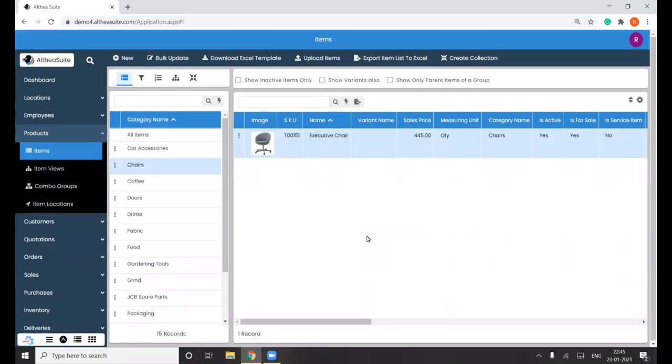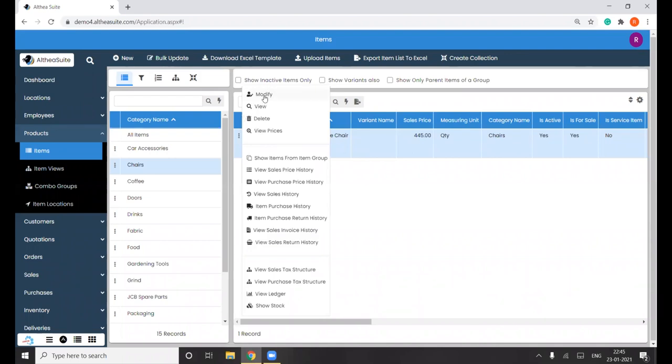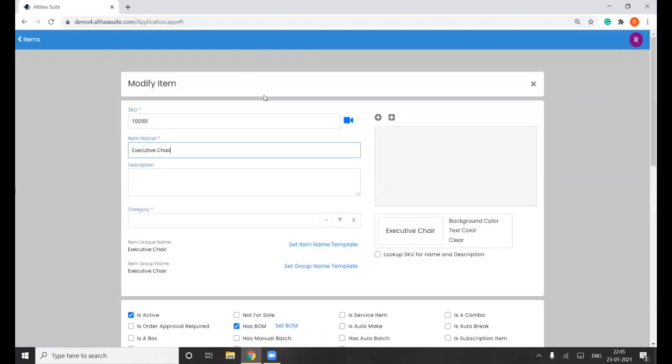Today I'll discuss BOM costing for manufacturing products in Althea Suite. So here right now we are in this item manager and we'll take an example of this executive chair, which is manufactured in-house. So I'll go and modify this particular product right now and I'll go in the set BOM